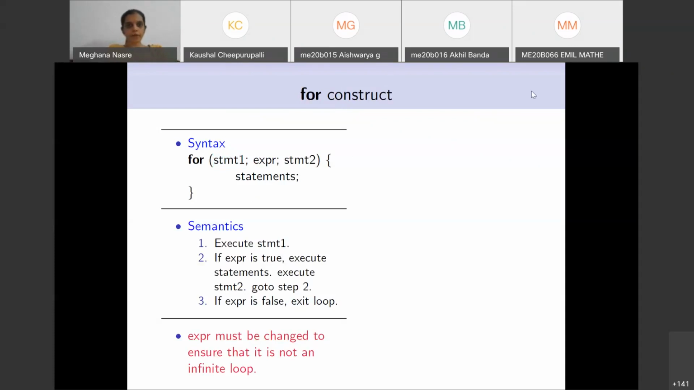Okay. So, what is the semantic of this? That is, what is the meaning of this? We will first execute statement 1, which is STMT1 here. Then evaluate this expression. If this expression evaluates to true, that is, it evaluates to something which is non-zero, then we are going to execute these statements which are inside the loop of this for